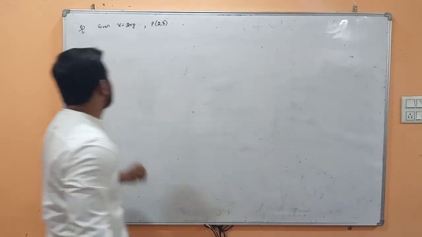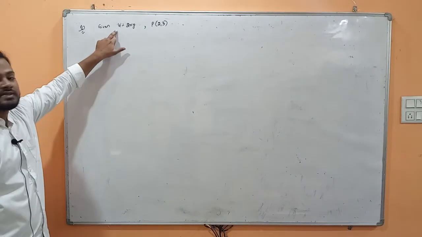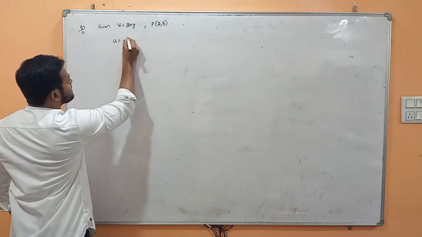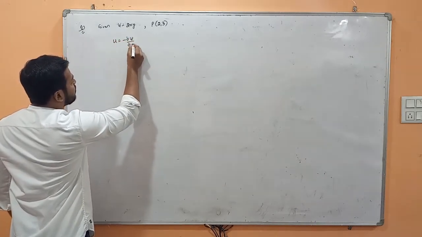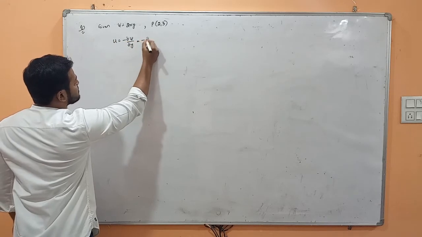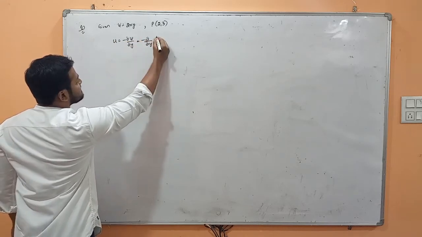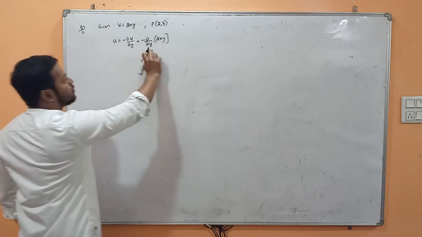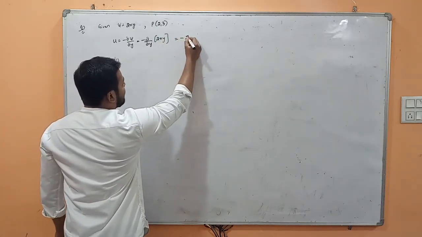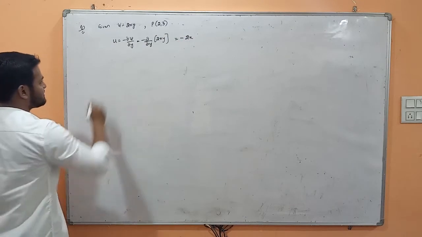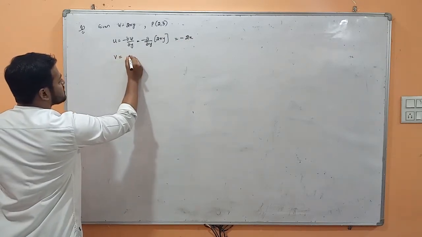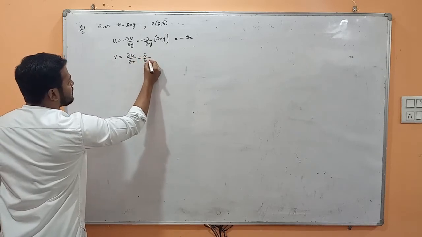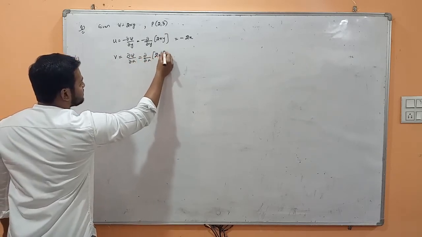Okay, first we will find out velocities. So psi is given, and we have the formulas of velocities. U is equal to minus dou psi by dou y, which is equal to minus dou by dou y of psi, which has been given in the question, that is 2xy. So when you are partially differentiating with respect to y, what would this become? Minus 2x. Similarly, you can find out v. V is equal to minus dou psi by dou x, so that is dou by dou x of this value given in the question, 2xy.